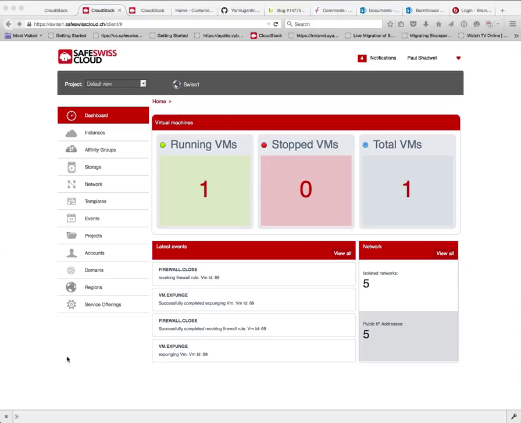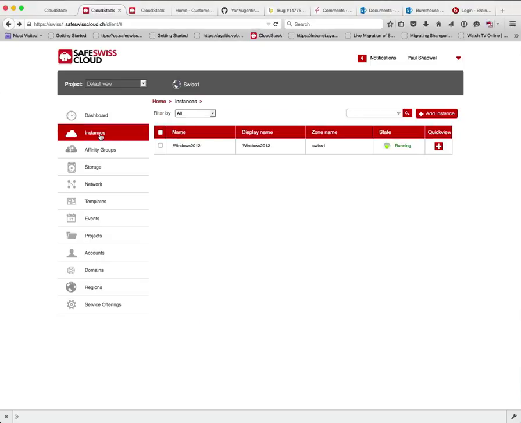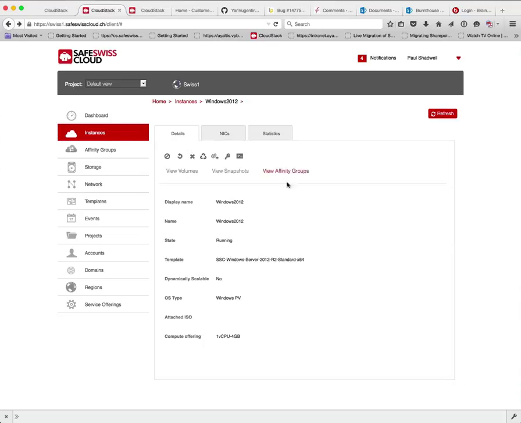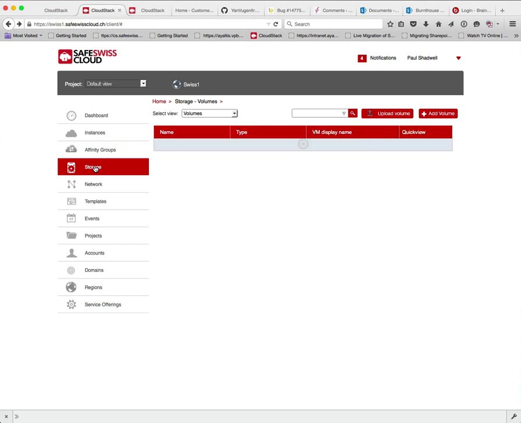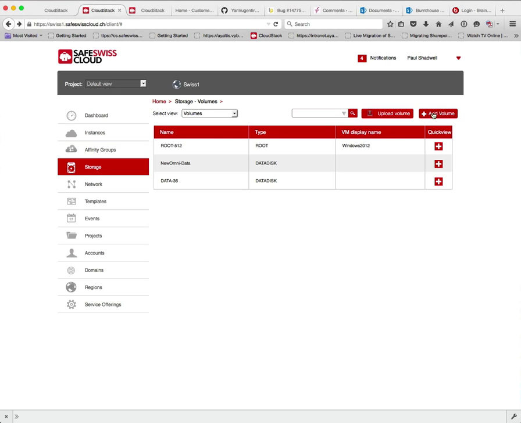So as you can see, I'm already logged in to my Save Swiss Cloud virtual machine account, and I'm looking at the dashboard currently. If I go to Instance, we can see my Windows 2012 server, and the configuration at the moment is that there is one root volume, which is the system drive, and we want to add another disk to this machine. So the first thing we have to do is go to storage,